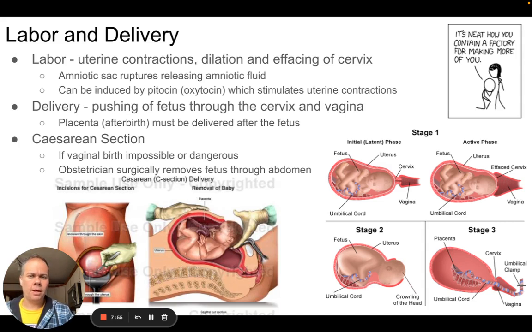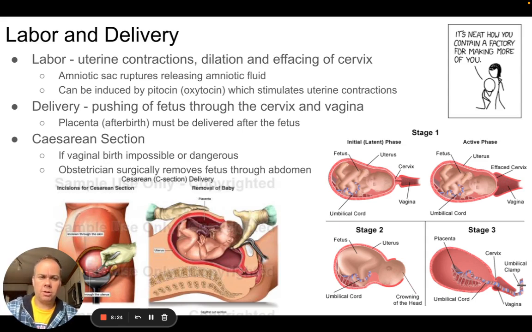vagina. Sometimes a woman can be given certain medications that cause her uterus to contract more intensely, called Pitocin. She makes these similar hormones in her own body, which stimulates childbirth. But if the doctor wants her to have the child more quickly, or if there's a problem, she may be given a medication called Pitocin, which will cause these uterine contractions to increase.